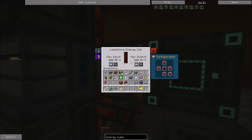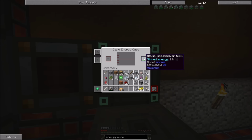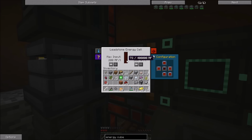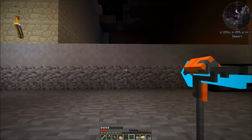Why is it not filling? I guess just because it's pushing it over here so quickly. I think this is full though. So yeah, now this is filling up. This is full. I guess I'll let my leadstone energy cell, hopefully it'll start rebuilding at one point. But now, there's this guy